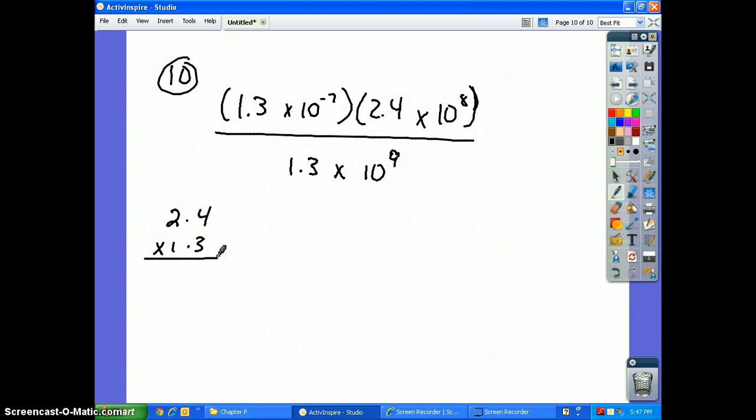Again, you have to do this particular problem without a calculator. And then don't forget